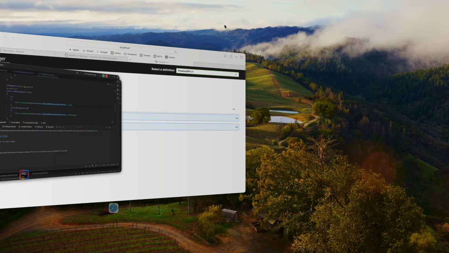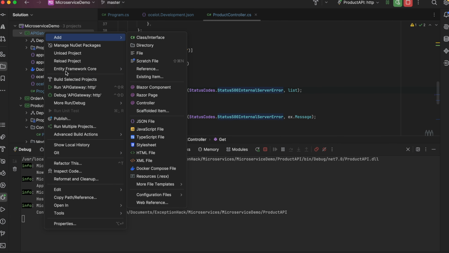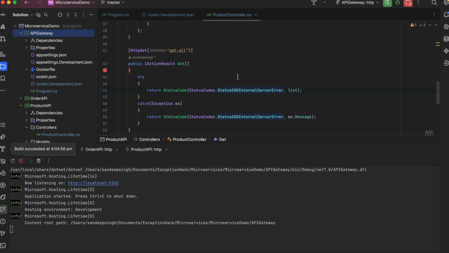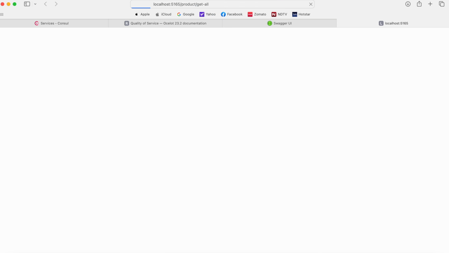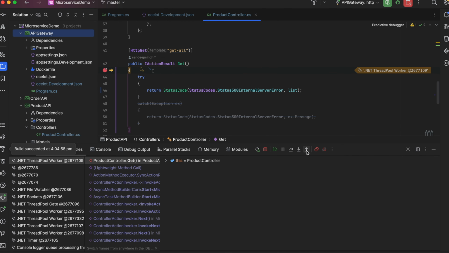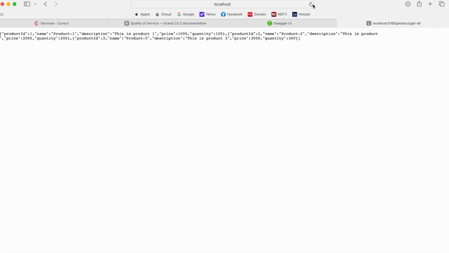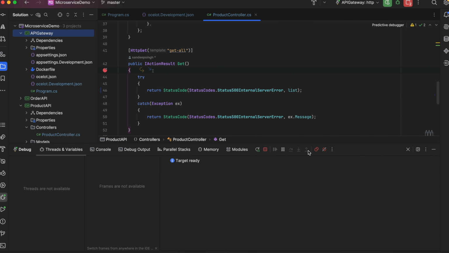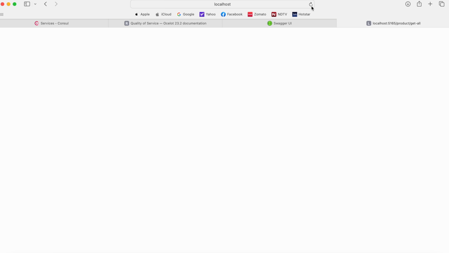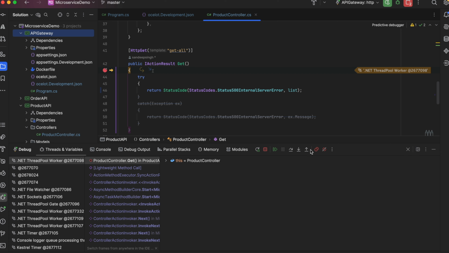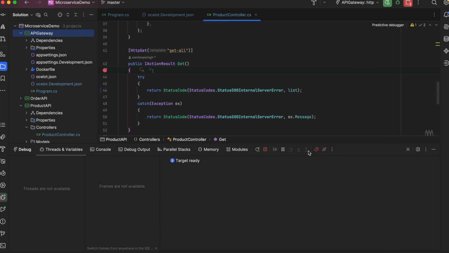Okay, it's up. Let's start the API gateway. It's running. Let's make a call to this one. Okay, we have got the call. So one time failure. This is second time failure. Now you see, if I'm pressing for the third time, the request is not going. See, it will take the 10 seconds break that we have added. Let's wait for a couple of seconds. I guess that's it. Yeah, again request, we are getting the request.